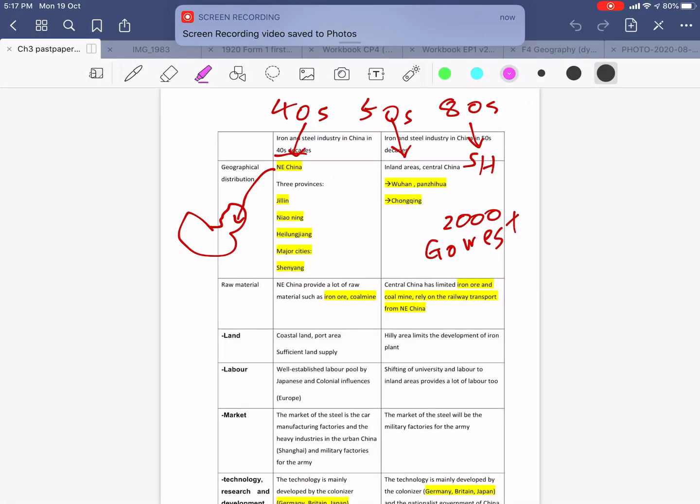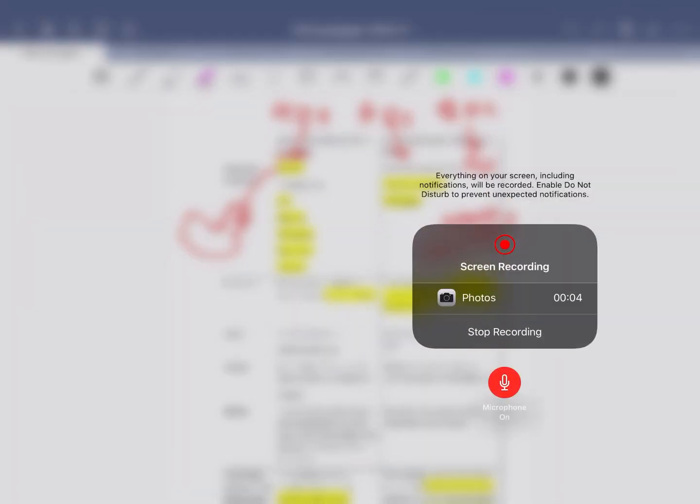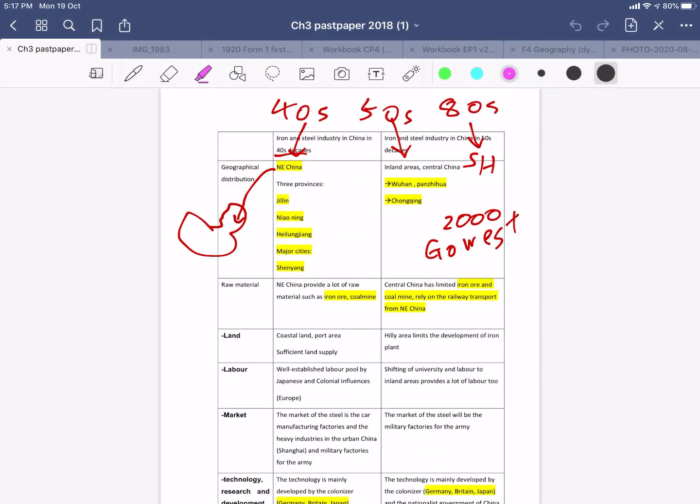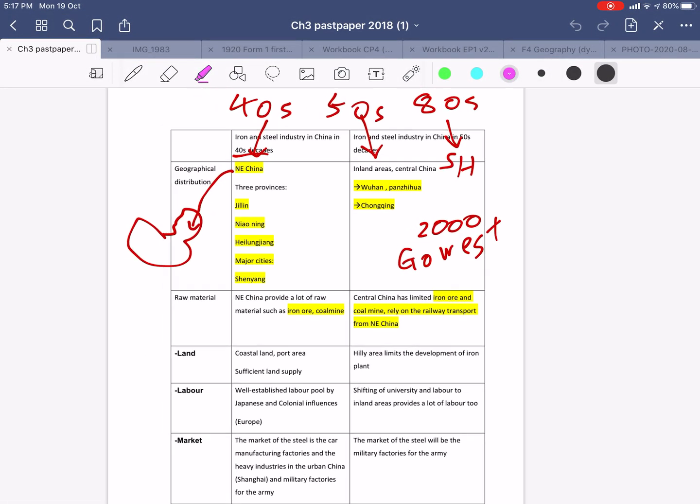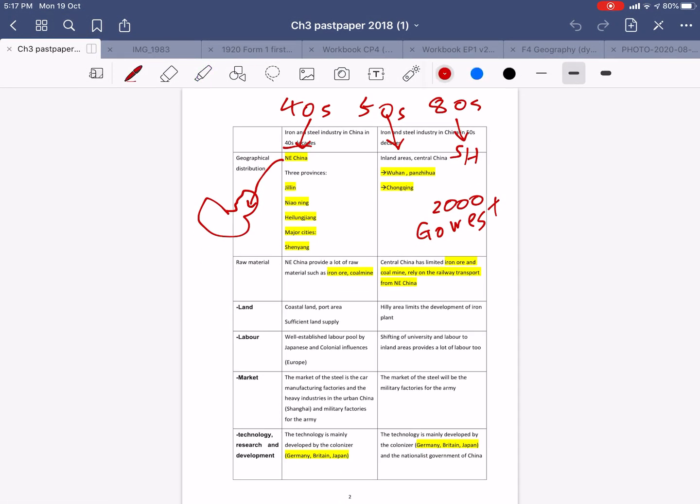Hello, I'd like to talk about the things that you have to pay attention to for your midterm test. First of all, the DBQ is in chapter 3, chapter 4, and chapter 5. So accordingly, the first thing you need to pay attention to is the